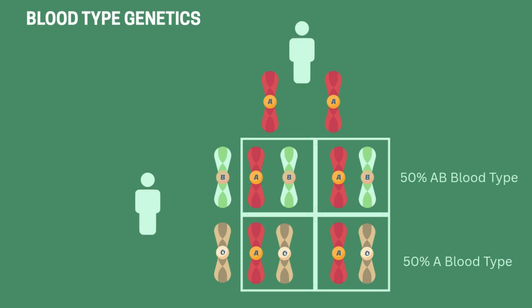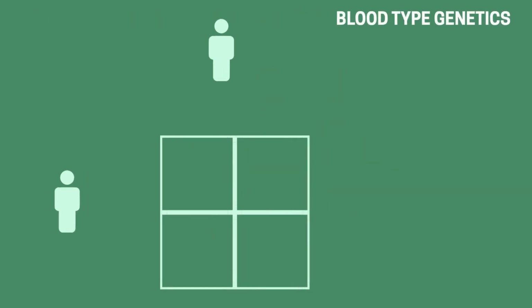Therefore, there is a 50% chance the child will have AB blood type and a 50% chance the child will have type A blood. Let's look at how Rh factor genetics affects inherited blood type. The Rh positive allele is dominant, so inheriting even one Rh positive gene makes a person Rh positive. For example, if both parents are Rh positive with genotypes of one positive allele and one negative allele each, heterozygous, written as plus sign or negative sign, each parent can pass on either a positive or a negative allele to